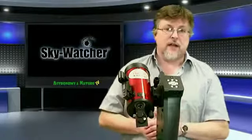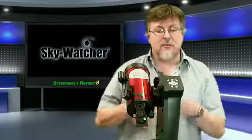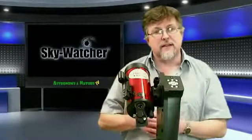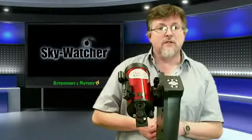Now, the really clever thing about the Virtuoso is not merely being able to move the telescope electronically, it's the fact that the telescope completely compensates for the rotation of the Earth. Now, this is a pretty important issue with a telescope. If you've ever used an instrument like this, an Altaz mounting,